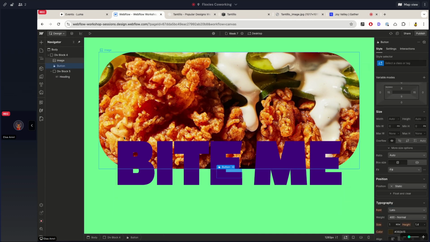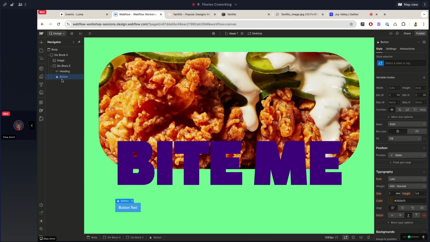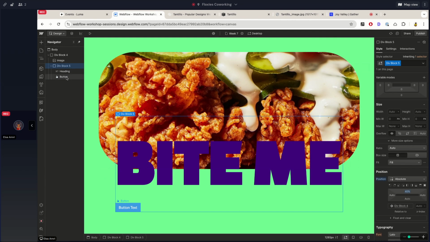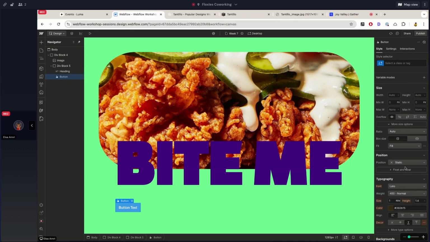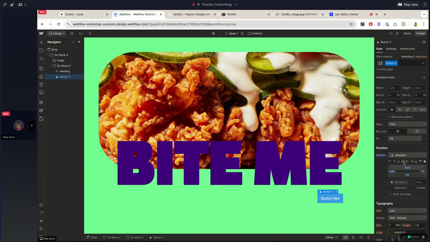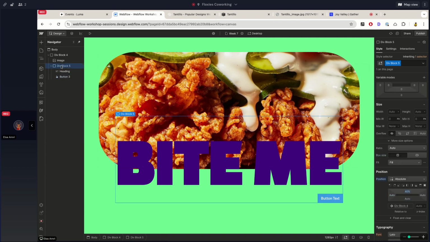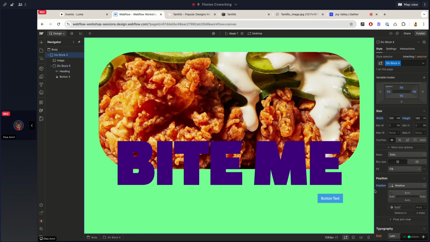If it was just in the general layer, you can see it would be here in the middle behind the image. But now that I put it in this div block, this and the heading are essentially in one parent container, which means if I select this button and give it absolute positioning, it's going to be absolutely positioned according to this layer here, as opposed to according to this layer, which is huge and would require a lot more positioning in order to get the button to be on top of the text, which is what